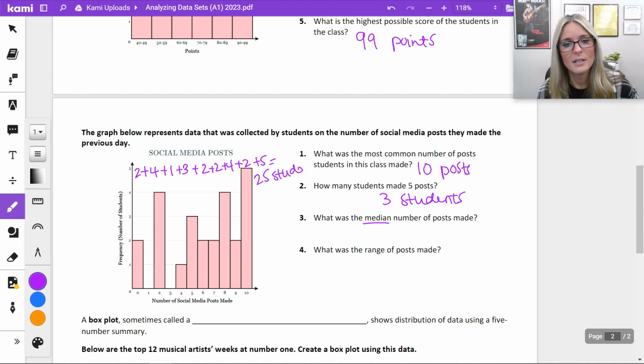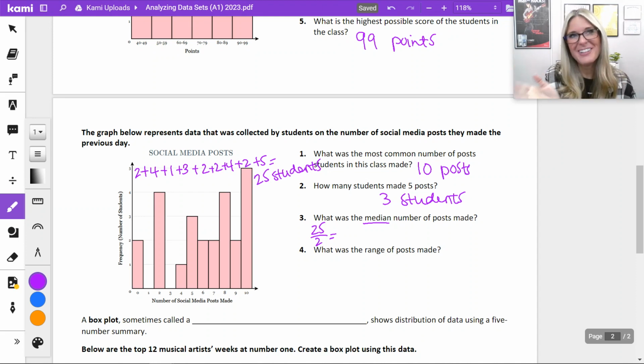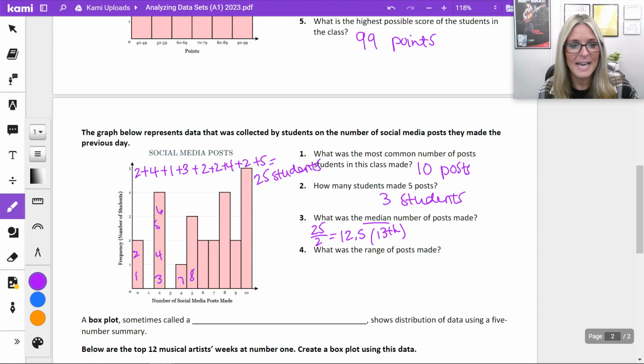25 students. So to find our middle, let's take 25, divide it in half. Which student number would be in the middle? So 25 divided by 2 is 12.5, or we're going to look at the 13th place. So let's go through here. We have 1, 2, 3, 4, 5, 6, 7, 8, 9, 10, 11, 12, 13 is going to land somewhere